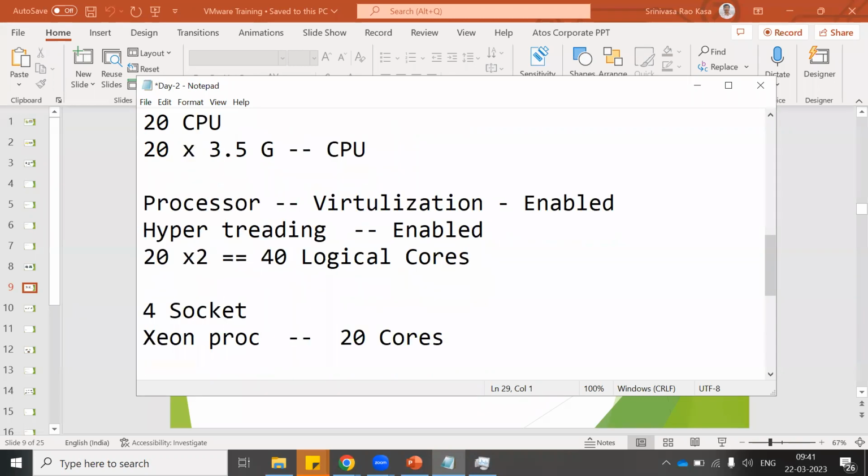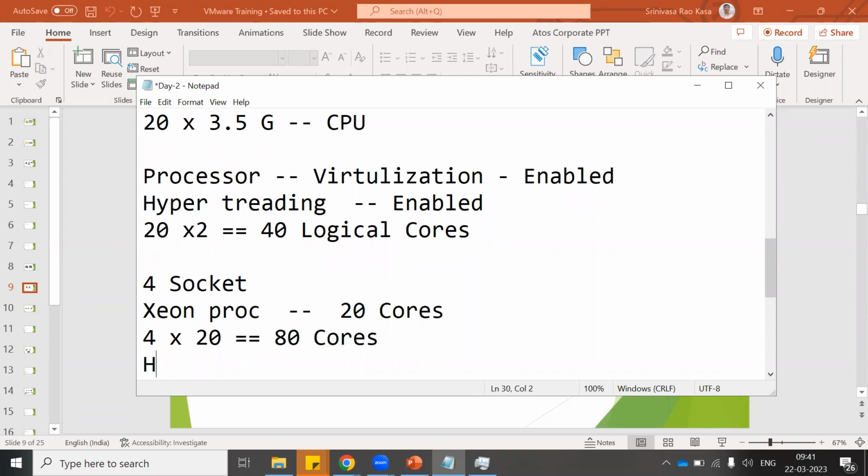Now, how many am I going to get as logical cores? 4 into 20. Total, how many cores am I going to get? Total 80 cores, right? If hyper-threading is enabled,